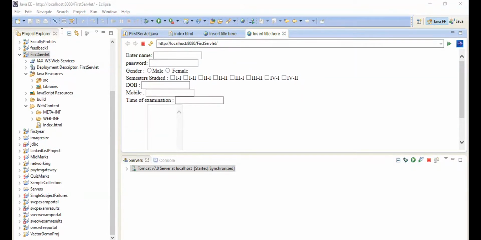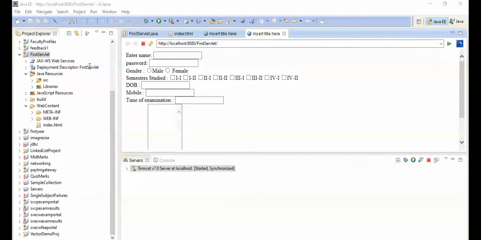So name, password, gender. Semesters 1112 2122 have been studied.